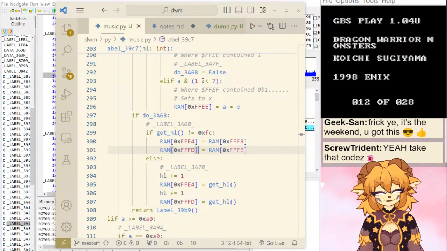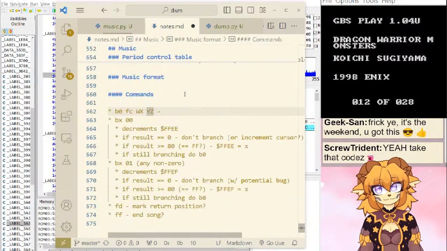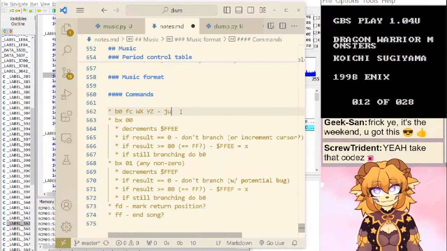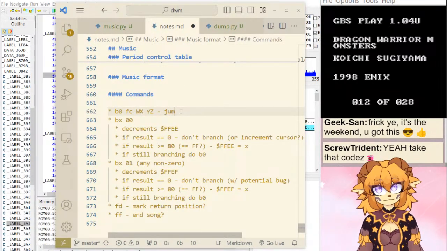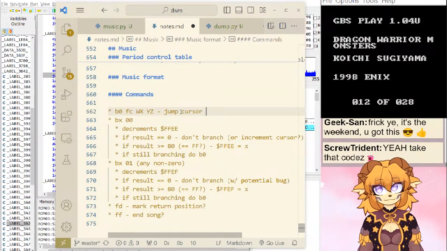Oh wait, no. Yeah. Okay, that's this one. Right. So that's jump cursor to. Let's actually flop these.